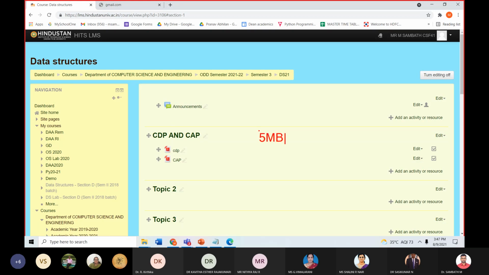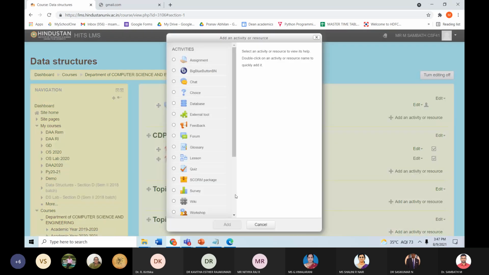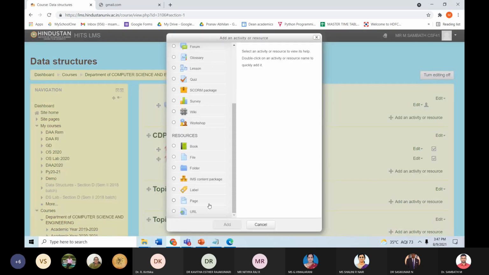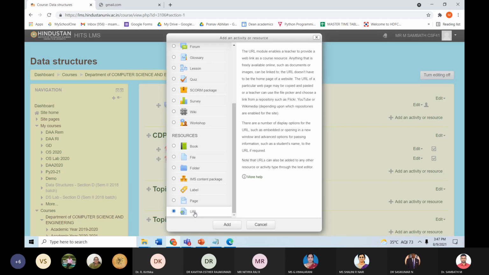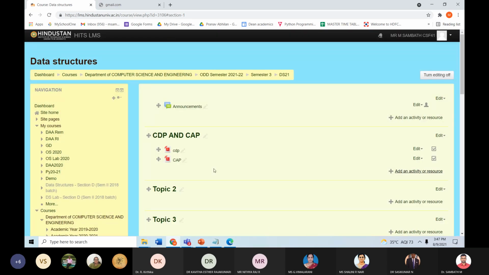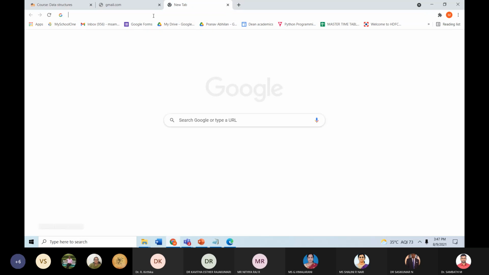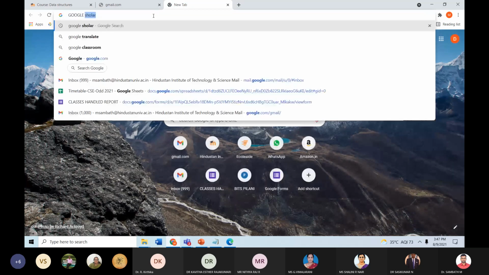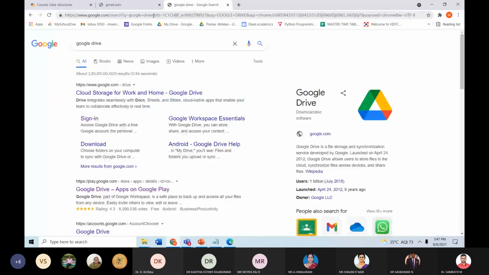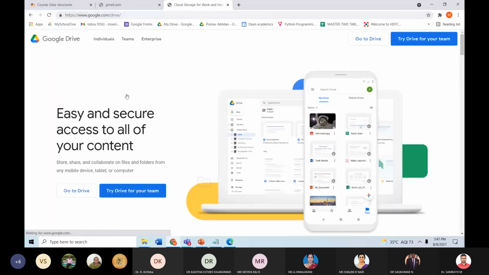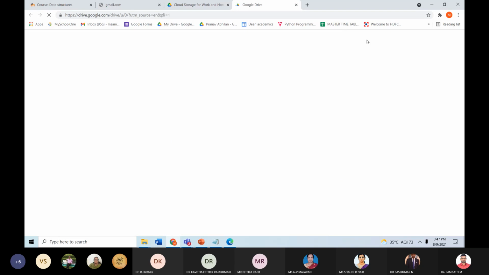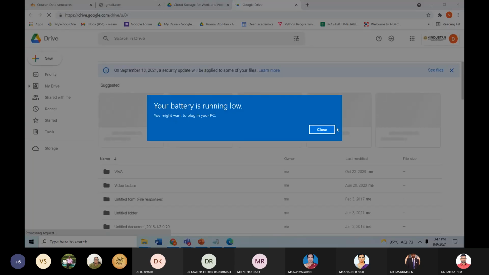And if you want to upload files which are more than that size, then you will have to go for a URL. What you need to do is first go to your Google Drive. Okay, so you know Google Drive. Go to your Google Drive and upload your files, whatever files you want to upload. It may be 10 MB, 20 MB, 30 MB, whatever. And once you have uploaded your file,